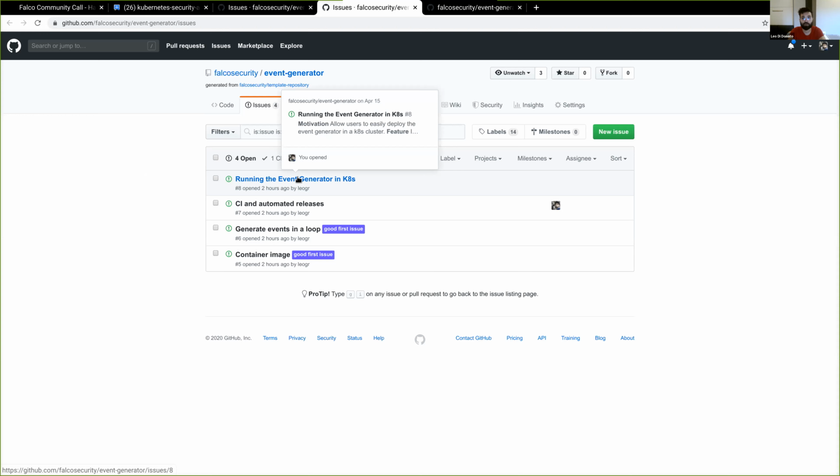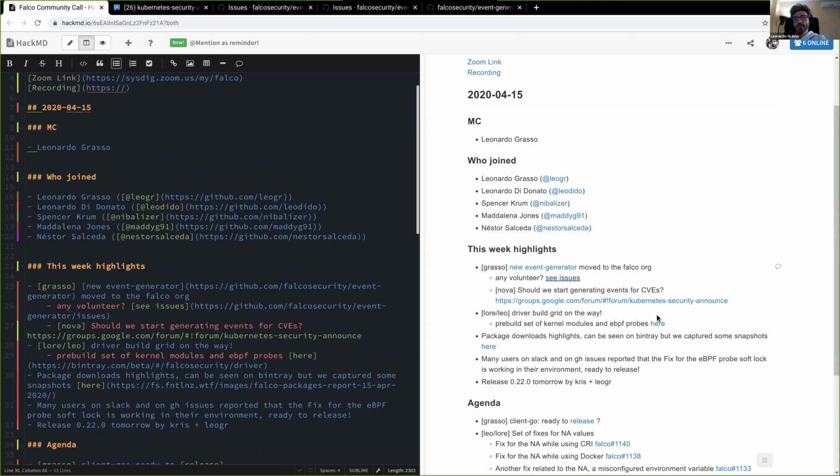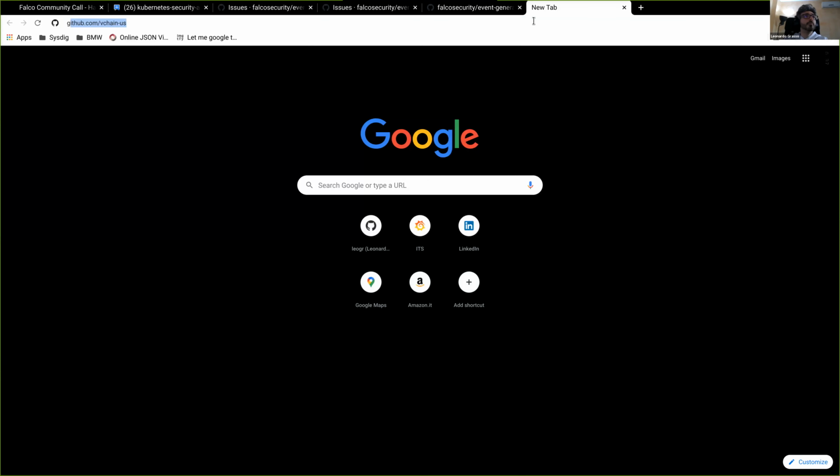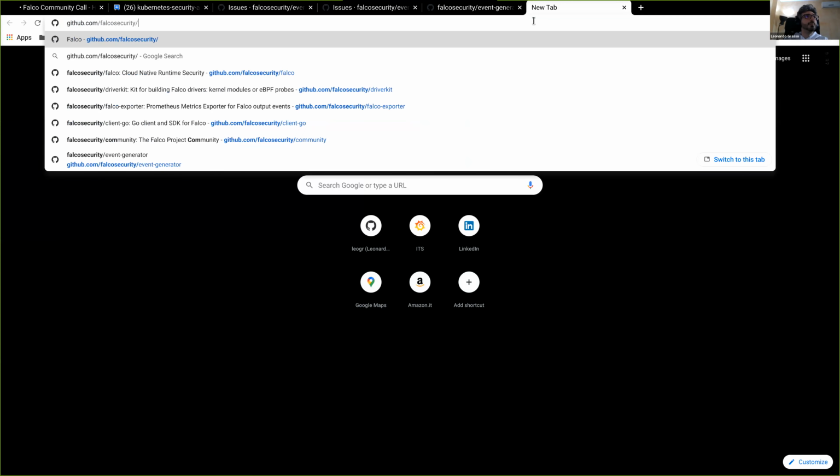But maybe we will talk more about this integrations folder later in the call. Exactly. We already have an issue about moving the event generator, and I think in the issue there is everything related to it. Let me check it.